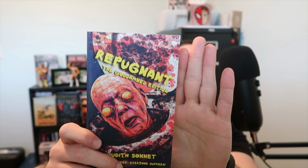God damn, this is another thick one. Probably the thickest one I've owned or I've ever seen from Judith Sonnet. I didn't know this one was this thick, but Judith Sonnet, This Halloween Everyone Suffers. This is Repugnant, the G-Damned edition. This is one that I've not read. I've read a bunch of her...